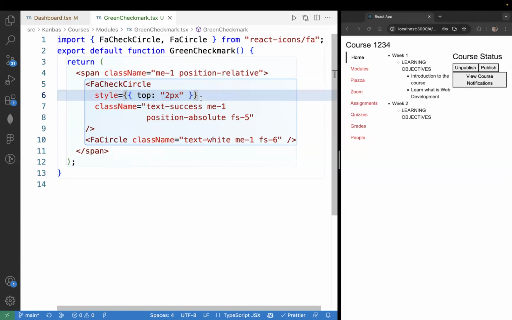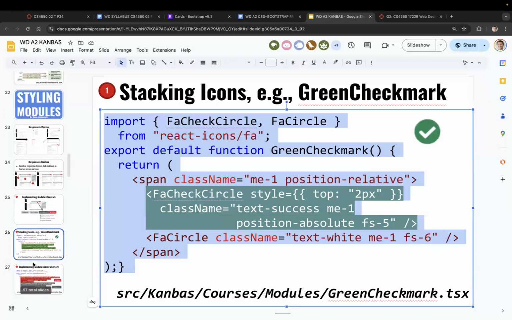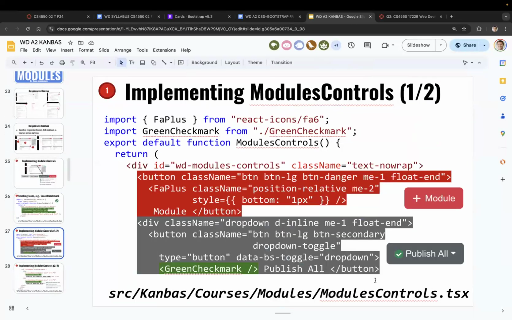Okay. So once we have the check mark, we can combine it into another button, like the publish all button. And then the module, we can combine it with the plus icon to create the button to create new modules. So text together with icons. Yeah, so let's do that. So in modules control,